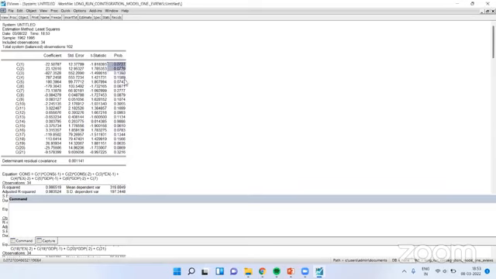Now see the p-value of all of them. Neither of them is having a value more than 0.05.